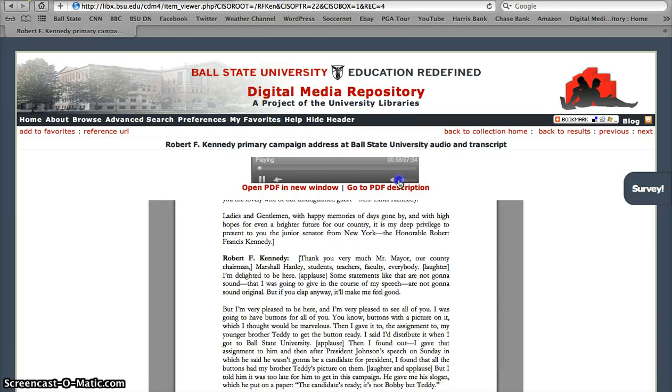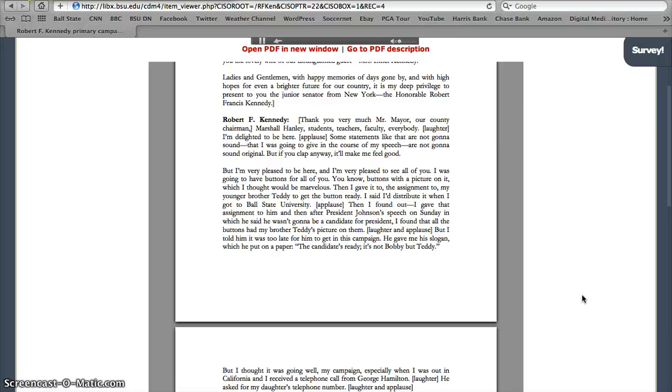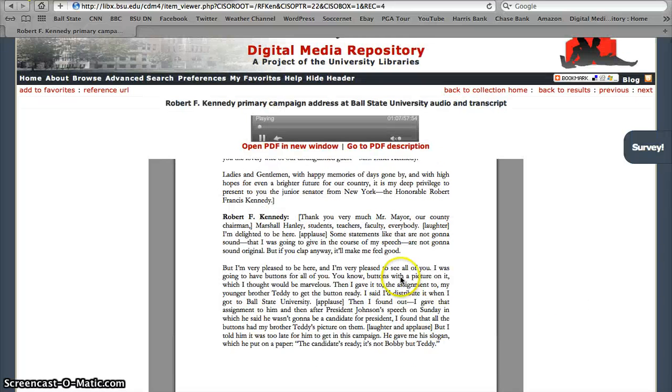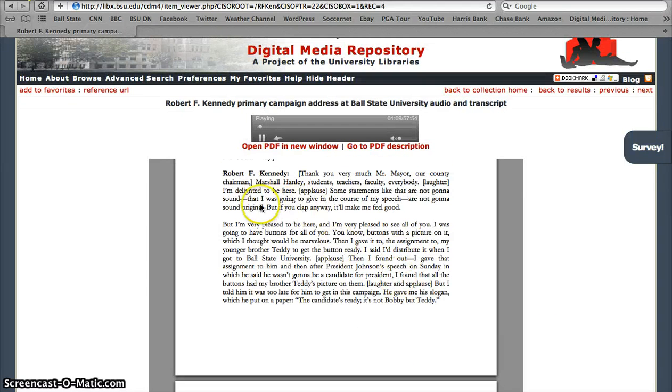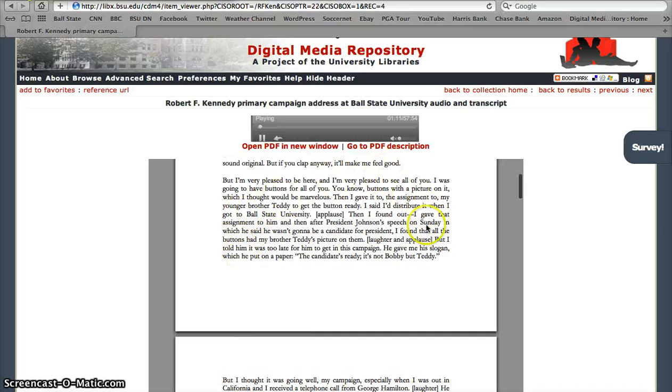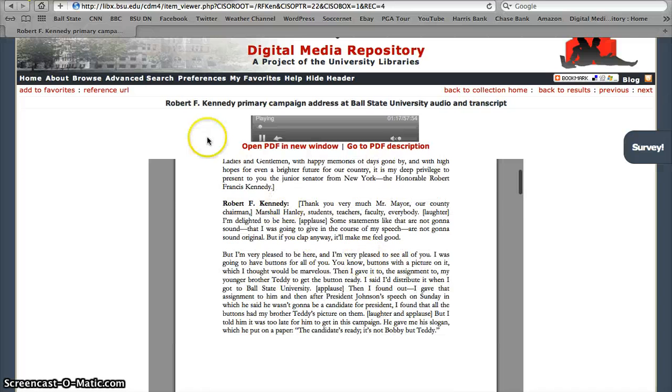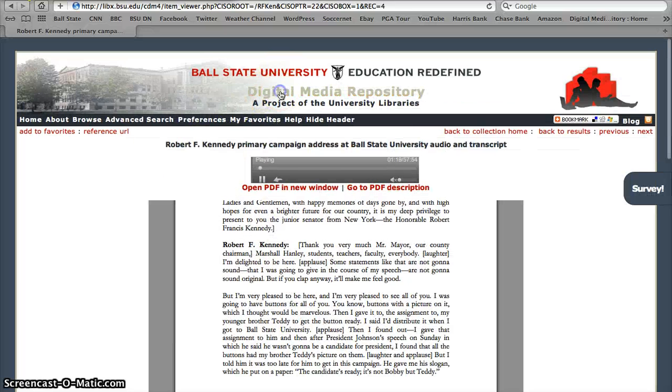So, everything that was related to Robert F. Kennedy's visit back here in 1968 is still with us today. And even when we were listening today, there is a transcript of his speech. And it's all very detailed, from even the last comma or semicolon. So going back to the main page,